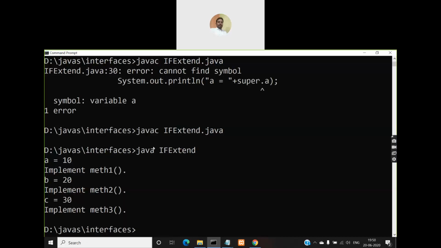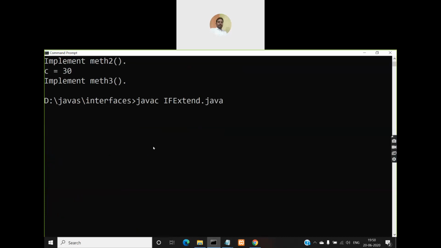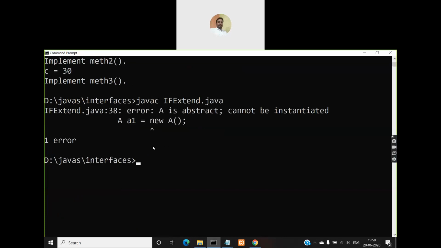Let us check. Right? So what is the error you are getting? A is abstract, cannot be instantiated. A is an interface and it is completely abstract. That means all the methods in that interface are abstract methods. So just like you cannot instantiate or create an object for an abstract class,